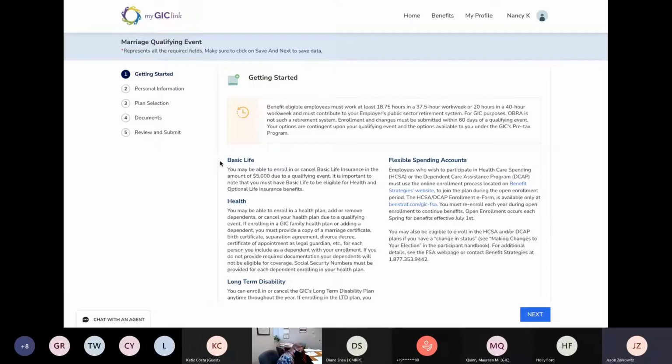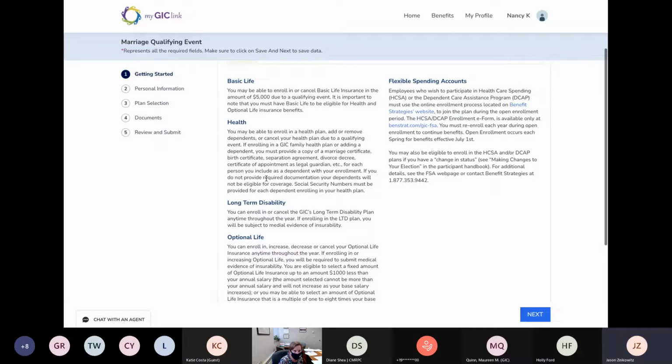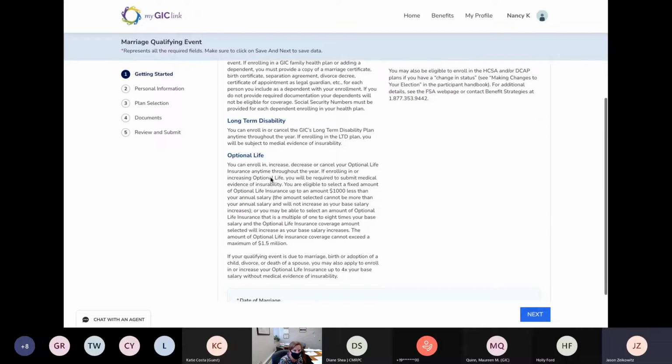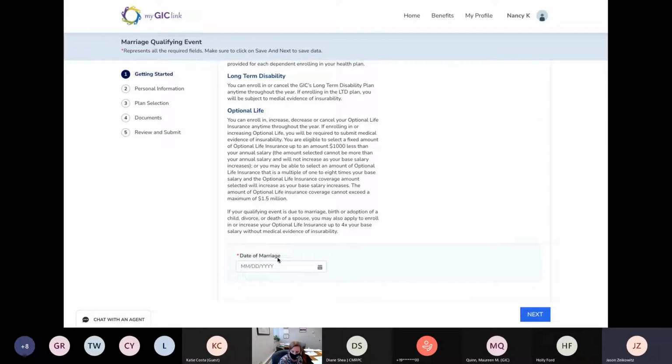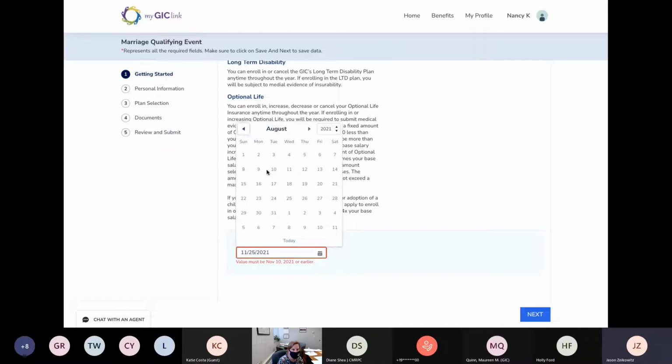So getting started. Here it's explaining information about the application. It's also defining the different plans for members. And then right over here, this is the key. Members have to enter the appropriate date of marriage, because if you recall, the date of marriage has to be within 60 days. So if I enter a date in the future, the marriage hasn't happened yet, I cannot submit my qualifying event. If I select a date that happened well beyond 60 days,